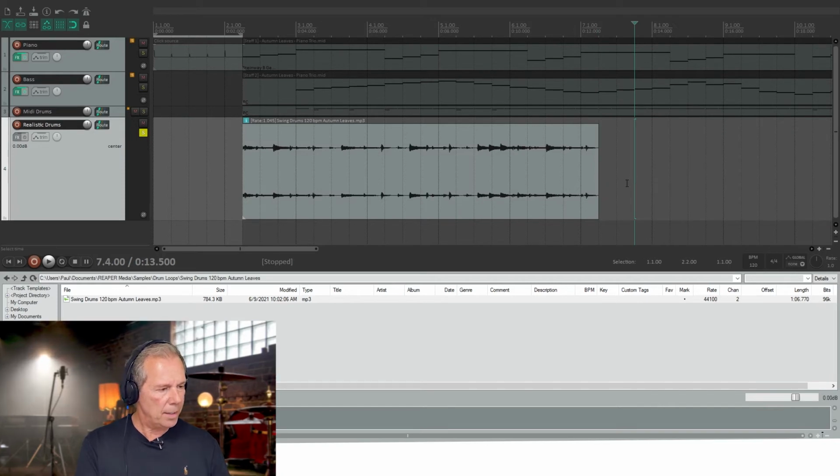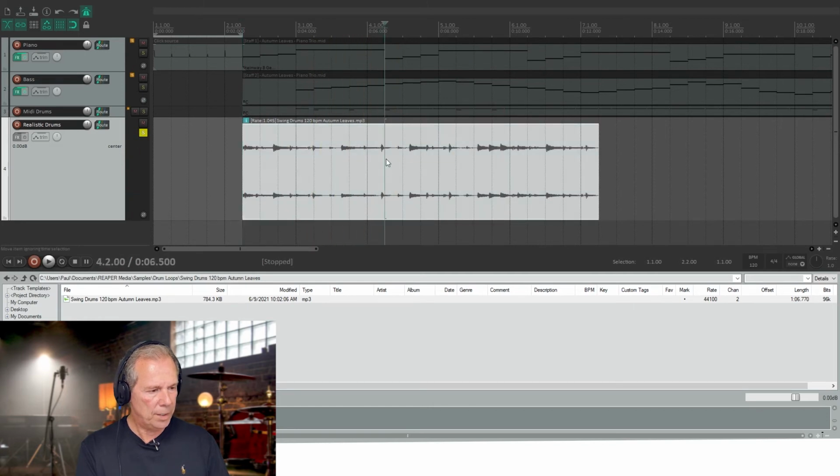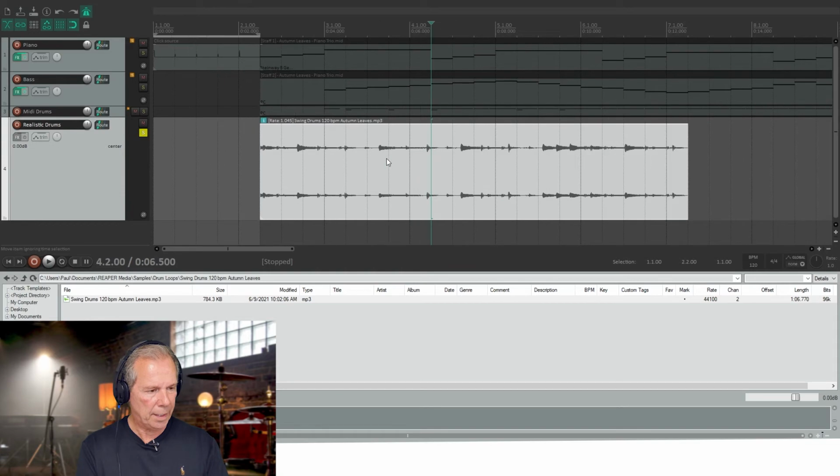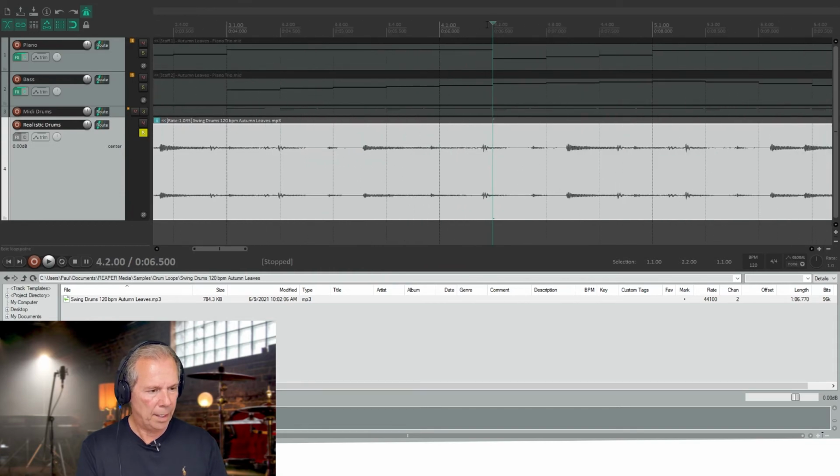And then let's play it again with a metronome. So let's turn the metronome on. So you can clearly see that it's out of sequence. So play it a little bit more. So this is clearly one here, right there. So move it to the beginning of there, and then cut that,